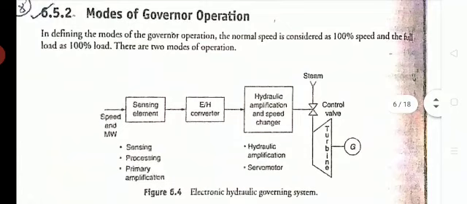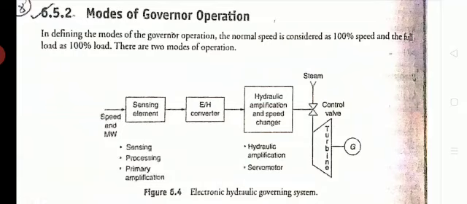You just look at this electro-hydraulic governing system, the block diagram we have shown here. The generator is always coupled with the turbine, which in turn is connected with the governing system, or the governor. So what is the main function of the governor? The governor function is to maintain the speed of the turbine. Correct. So why is this used? This is a governing mechanism. As the name suggests, governing means controlling. So what exactly are we controlling here? The speed of the turbine.